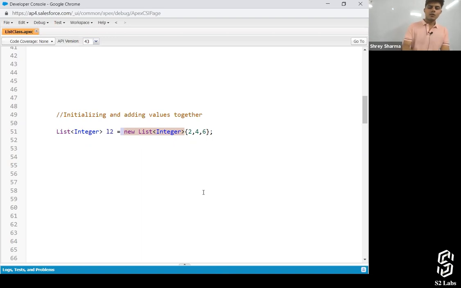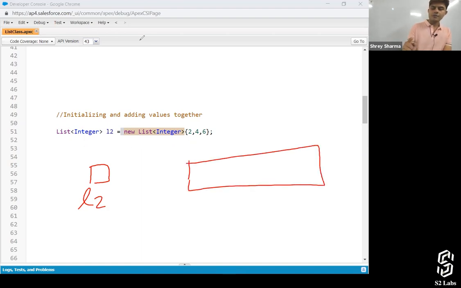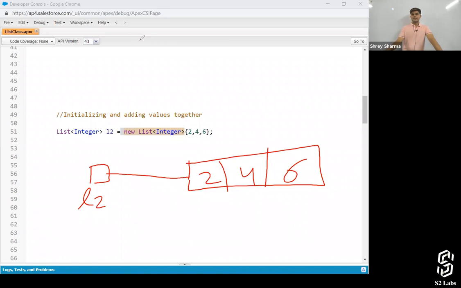L2 is going to be created as a reference variable, and then a list will get created. Before assigning this list to the L2 variable, values will get stored in it, and then these values will be associated with this. Is it clear? Everyone, cool.